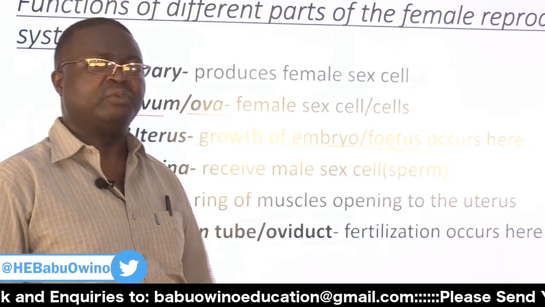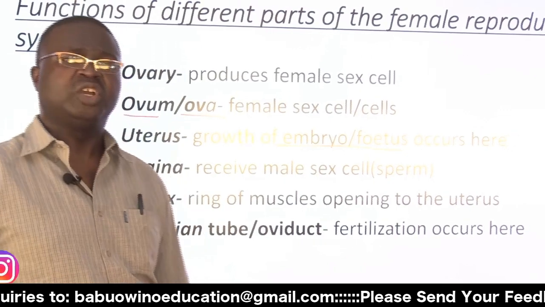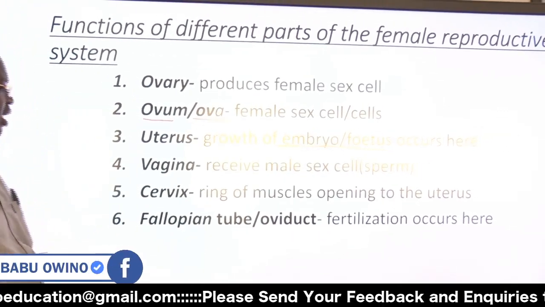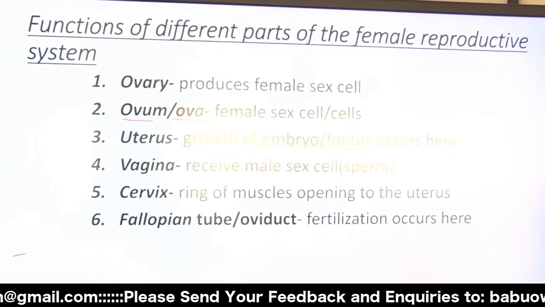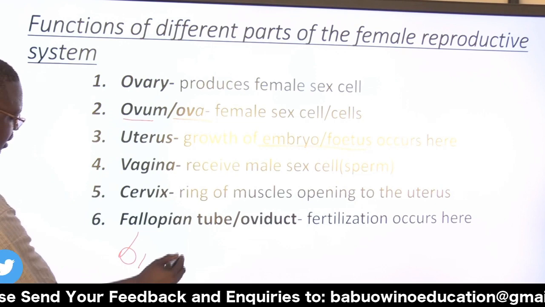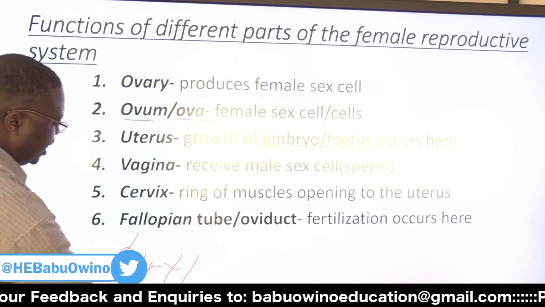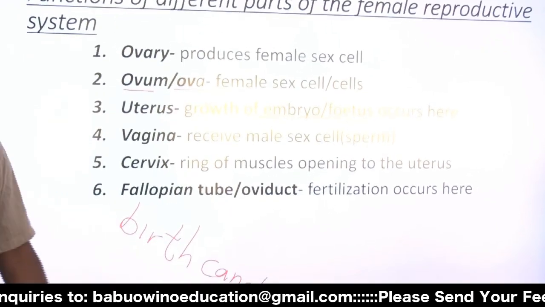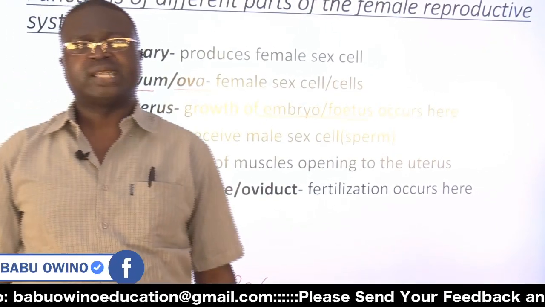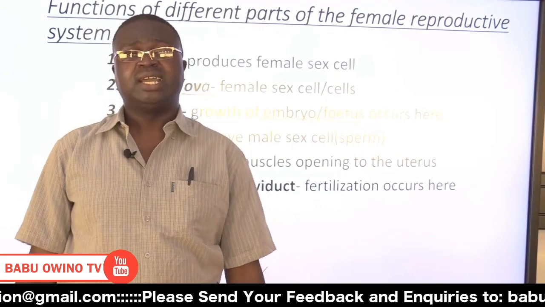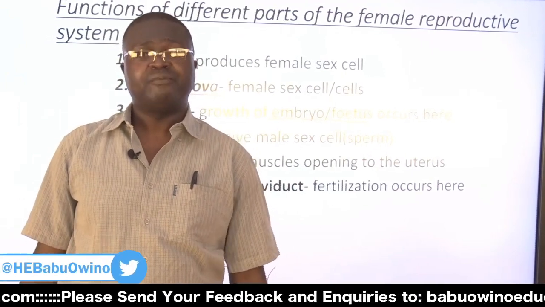But when they're inside there, we refer to them as embryo or fetus. So it's not a tough word. When you meet it in examination, do not float. It means the developing baby. Then I have the vagina. The vagina, some books will refer to it as birth canal when it comes to reproduction, because that's where the baby comes out from. I know you used to ask this tough question,